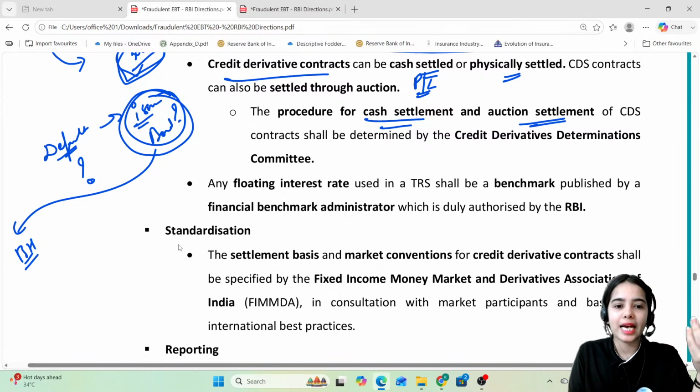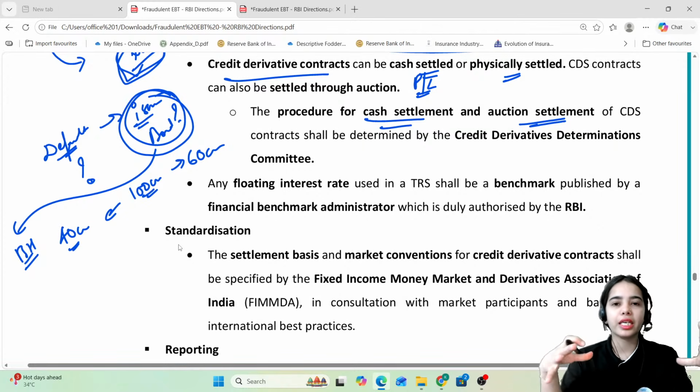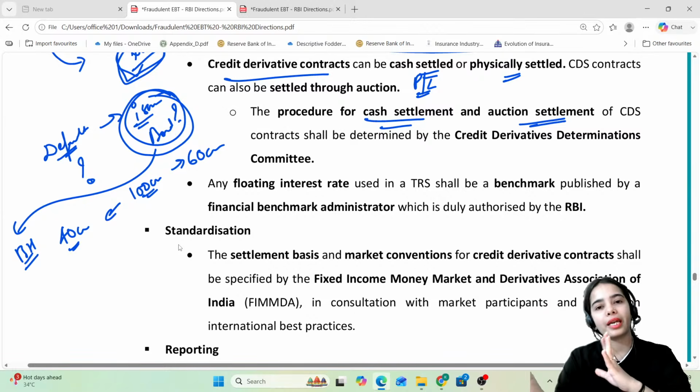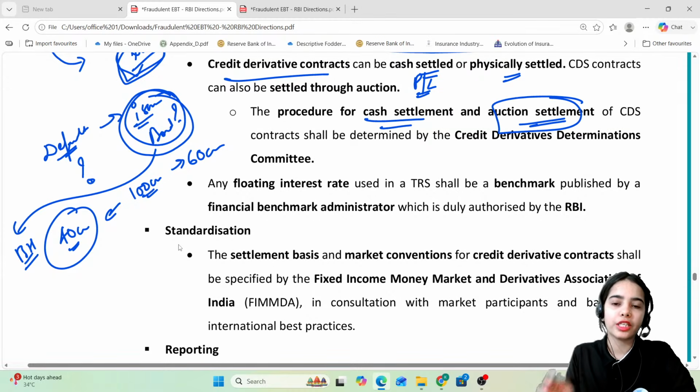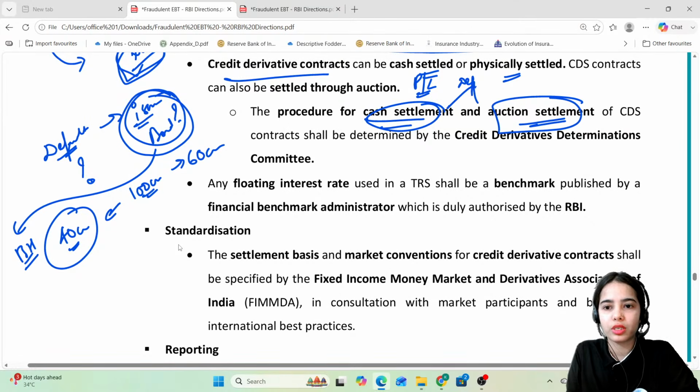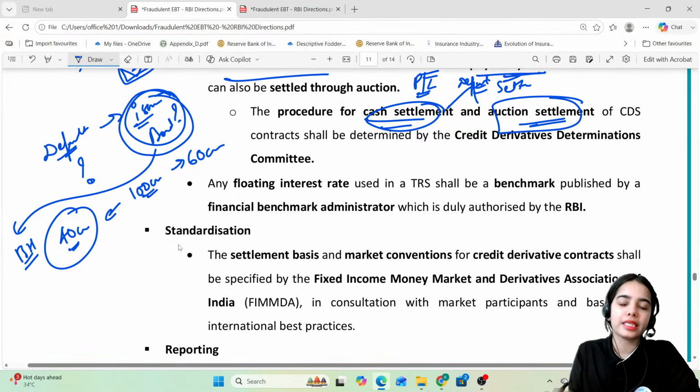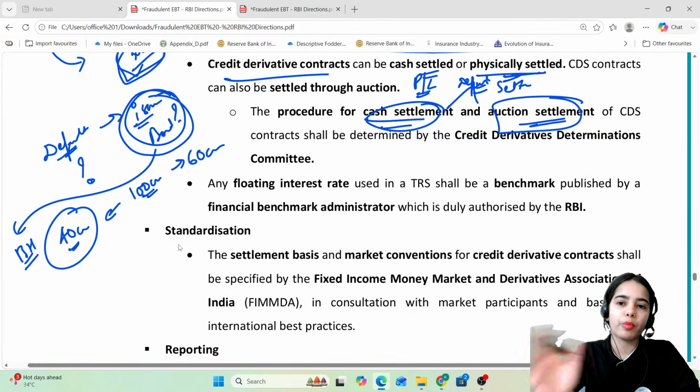So the bond issuer, let's say, has taken 100 crores, but the bond issuer has the capacity to pay 60 crores. So the default will be of 40 crore. So auction settlement, basically, as per the market conditions, it is seen how much the issuer can pay, how much will be retrieved, and how much is the actual default. Okay. So only the default amount will be settled. So in cash settlement, auction settlement, only the default amount is settled, while in the physical settlement, the bond has to be